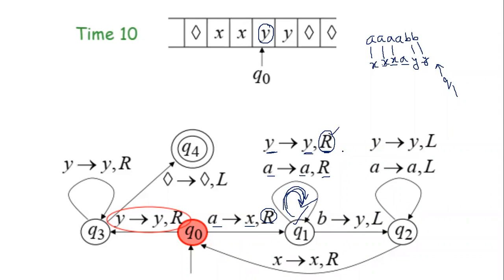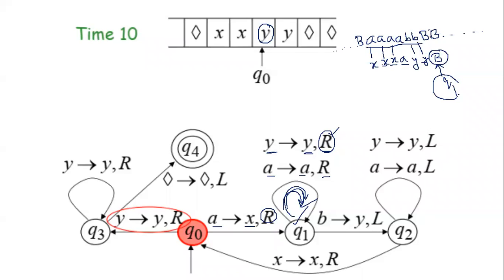Because it goes to left, it goes to right. And what is present over here? Something, a blank symbol. Am I clear? Because this is my string. After this last B, I have a blank symbol. Before the first B, I have a blank symbol. Not only that, many blank symbols. All the symbols after it will be blank, and all the symbols before A will be blank. So you are basically having a blank.